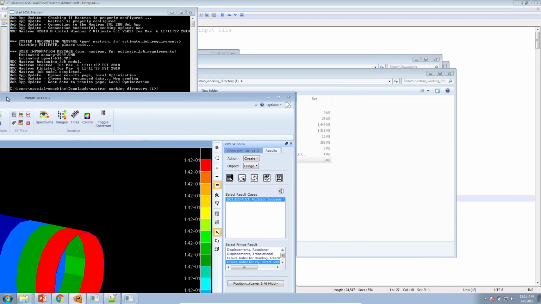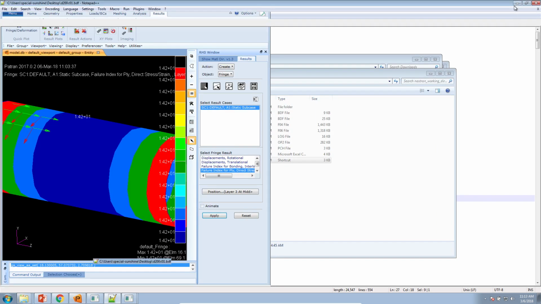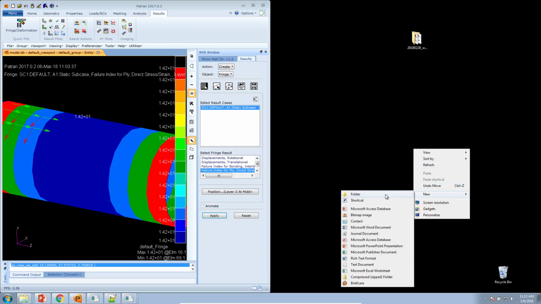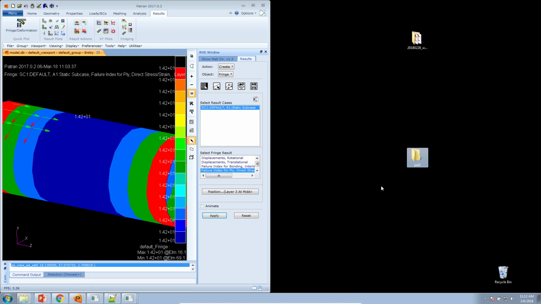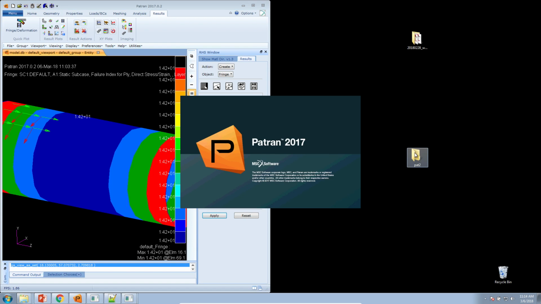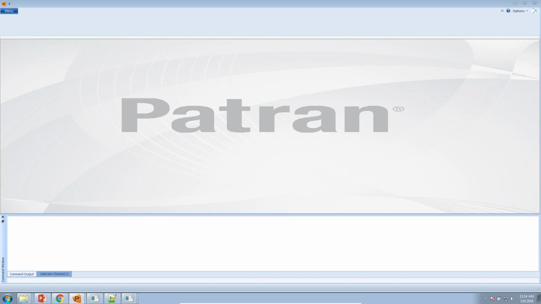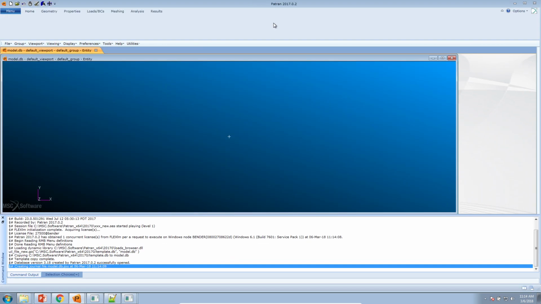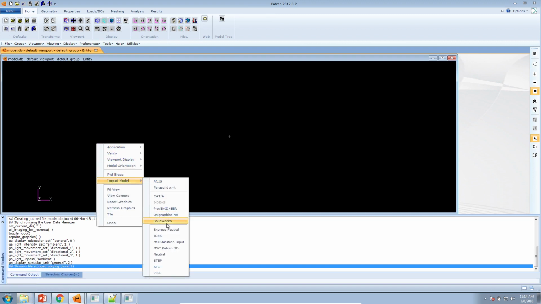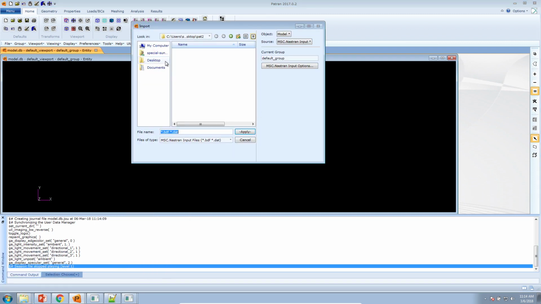Let me load a new pattern window. Here we'll go ahead and minimize some of these windows. I'll call this Pat 2. In this new window, I'm going to load the new structural results for the optimized model. So bear with me while I do that. The optimizer, or rather Nastran Solution 200, is going to produce new structural results for the optimized model. The benefit to me is that I can then go ahead and